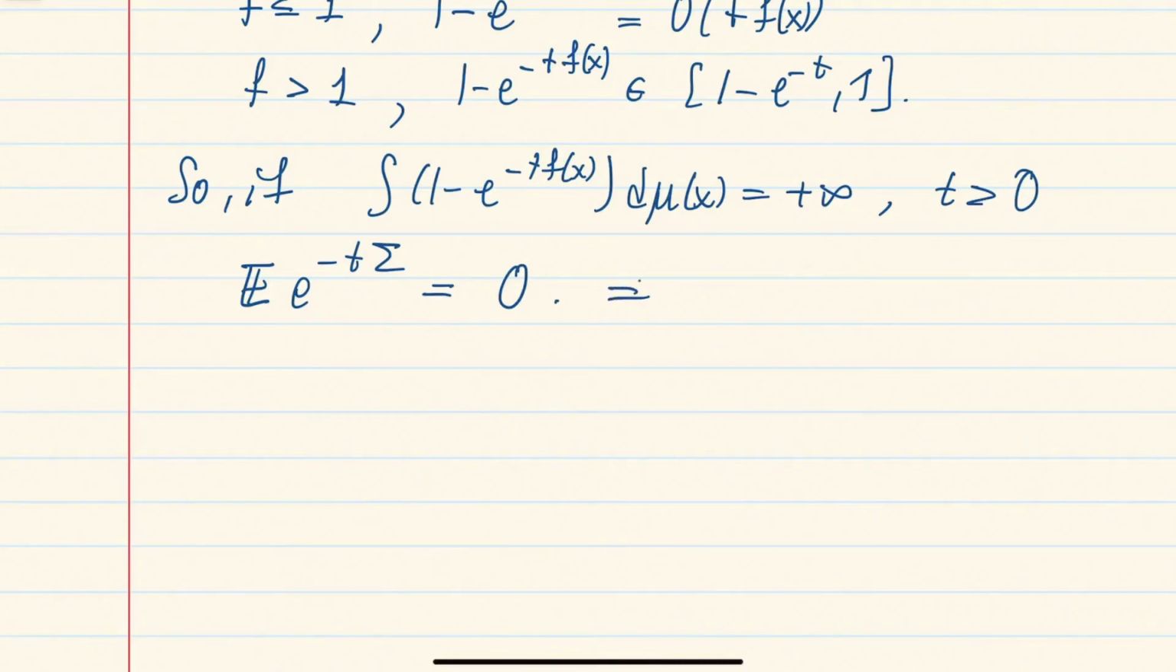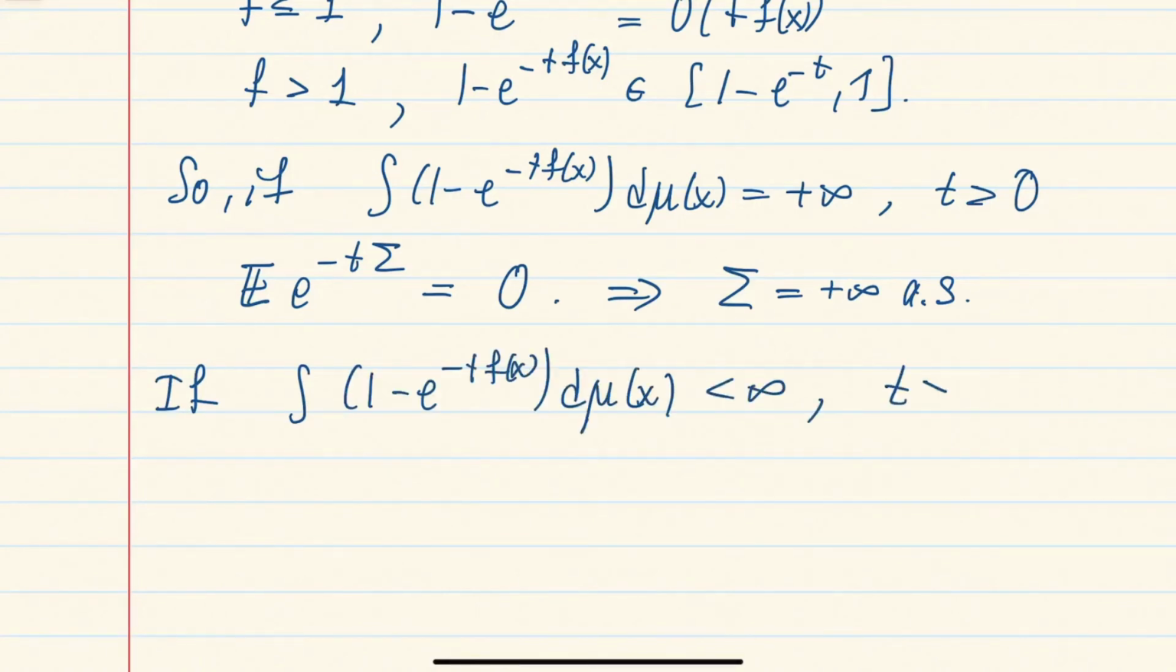But in this case, of course, it means that the random variable sigma is plus infinity with probability 1. So there is no weight on the set where sigma is not plus infinity. And in the second case, if we suppose that this integral is finite